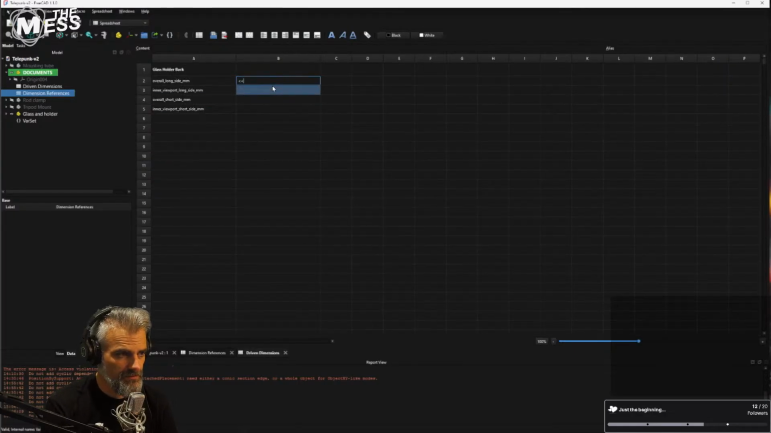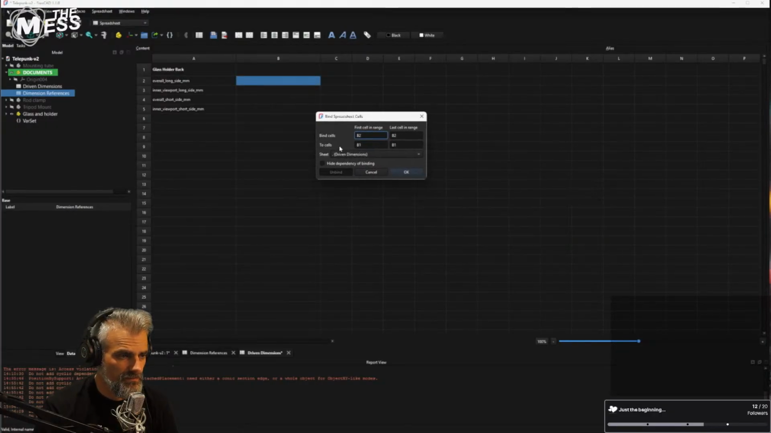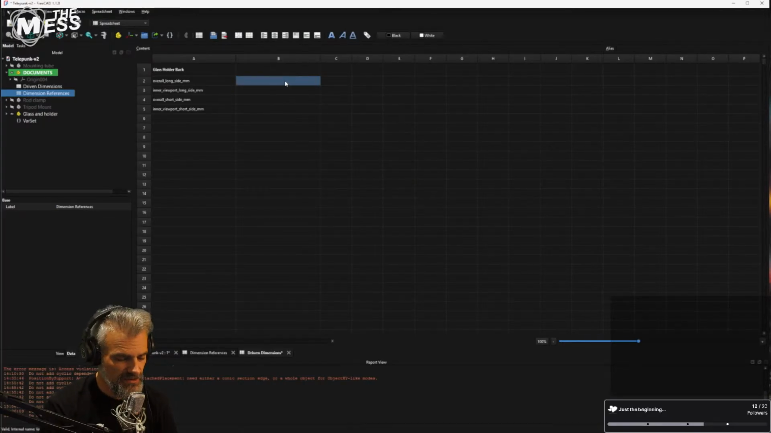Overall long side. Can you reference other cells? That's what I want to know, with driven dimensions. Like, can this cell... Ah, awesome. So you just go equals, like any spreadsheet. That's cool. So we go dimension references, dot, glass, long edge,